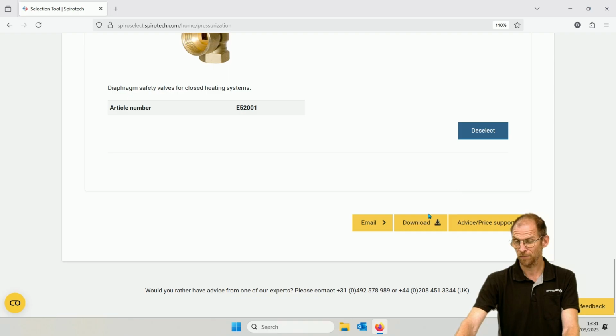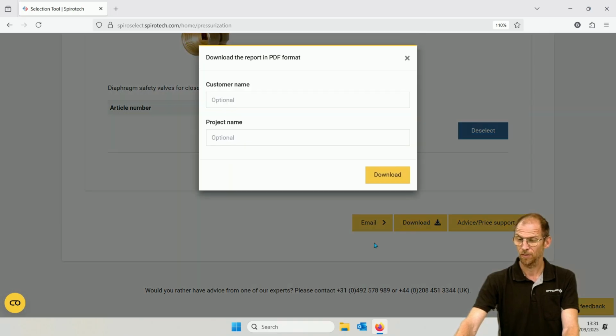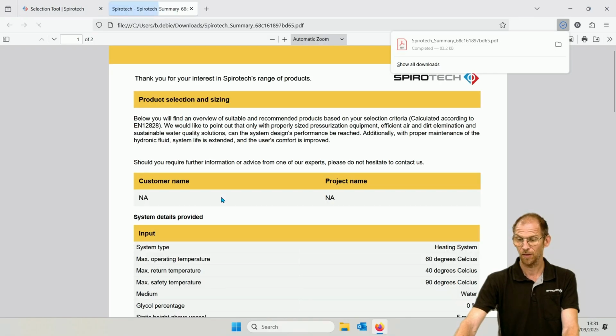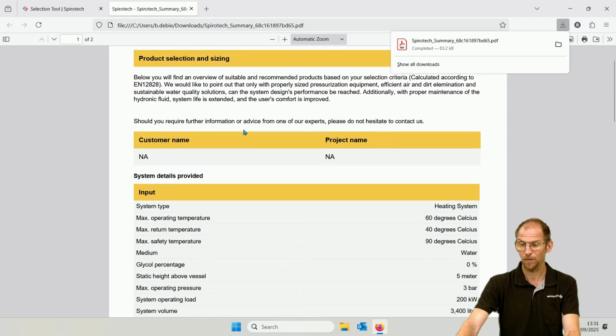So I'll leave those in. I click on download, add a customer name and a project name, and then I download, and you'll get a PDF with everything you've put in, an overview,